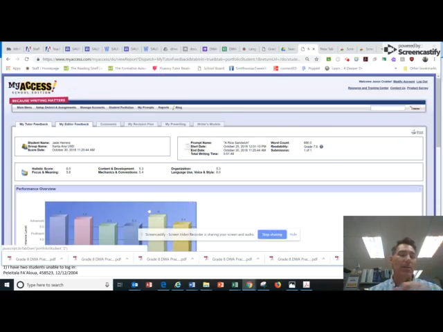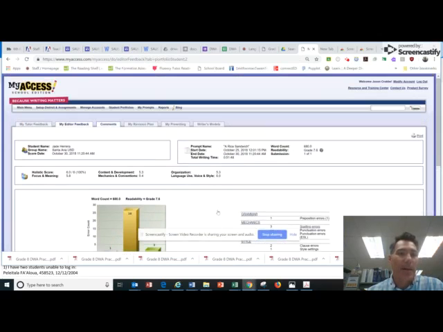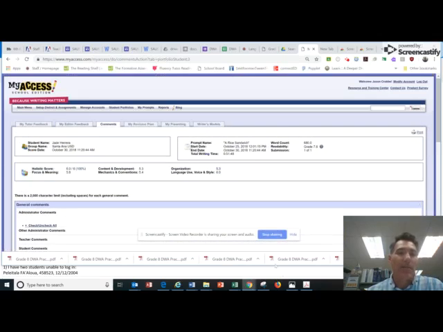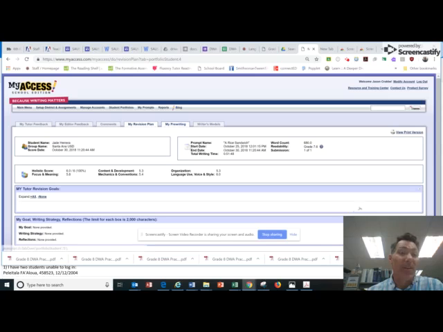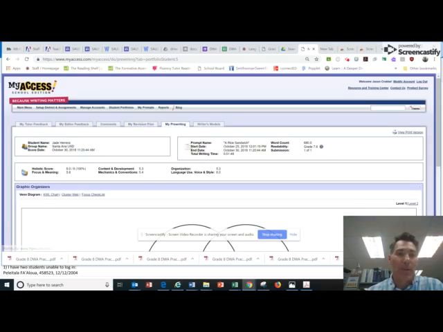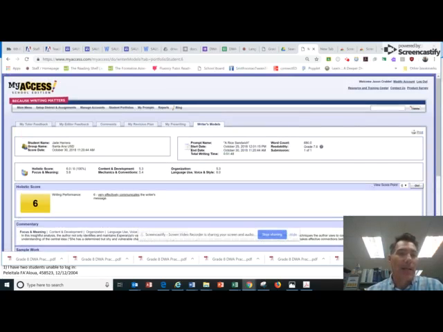Also, you have these other areas, My Editor feedback. They have editor feedback for how to edit. There's a comment section for you to comment on student work. And then a revision plan, you can create a revision plan. There's rewriting as well. And in the full version, you also have a writer's model and so forth. So